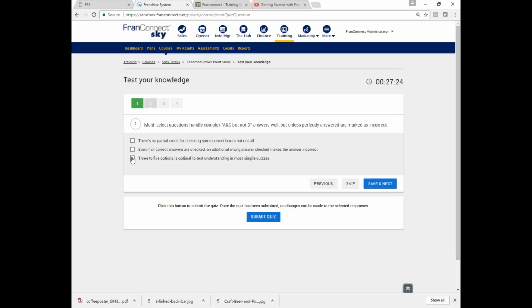Now, there are some things that you need to know about this. Unless you answer it perfectly right, it's going to be marked incorrect. So if the correct answer is this one and this one, and your user marks this one and this one, then he's going to get it wrong, even though he had a right one. You have to get all of the right ones and none of the wrong ones, or this gets marked wrong. So keep that in mind as you're assigning the number of points. You don't get partial credit for having answered some of the things right. It's all or nothing.